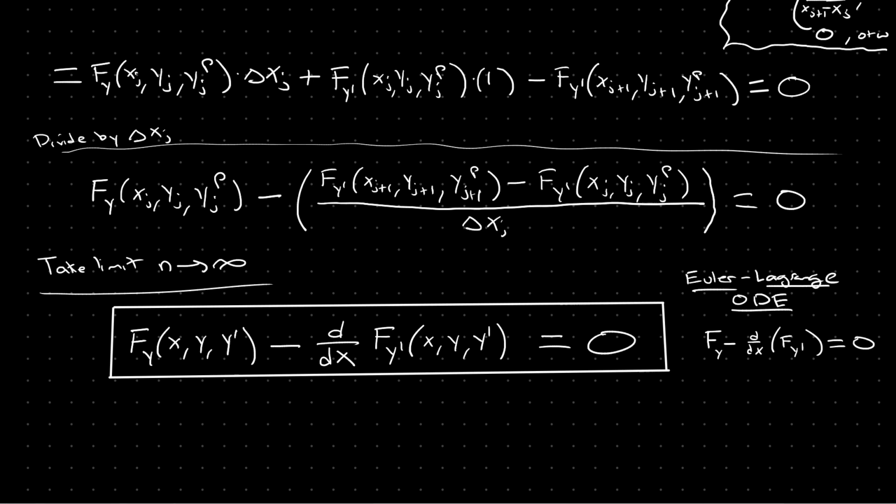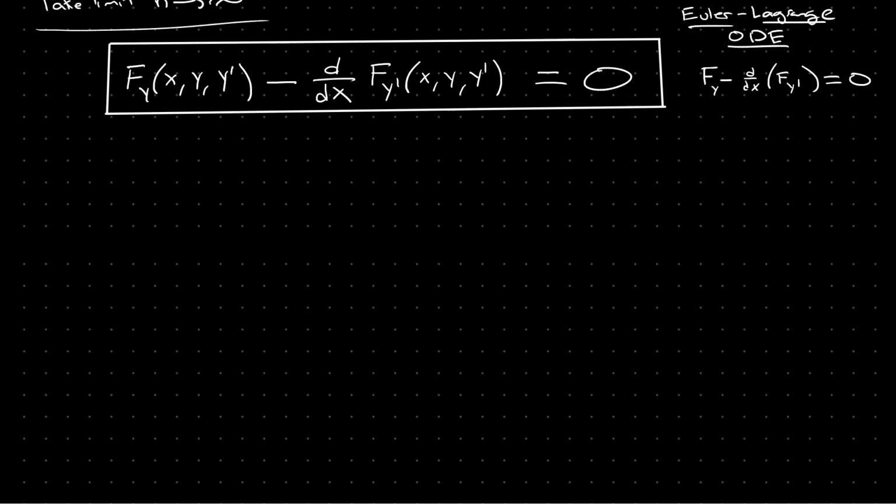You'll remember from before that in method 1 we actually assumed that the function f did not depend explicitly on x. So let's make this assumption and see if we can reduce what we found here, this second order ordinary differential equation, down to that case that we showed in method 1. So I'll use the color orange to talk about this case. Before I do that, though, I'll just say